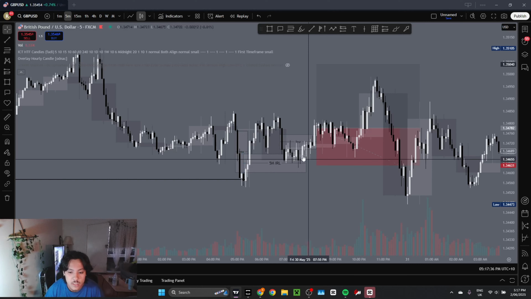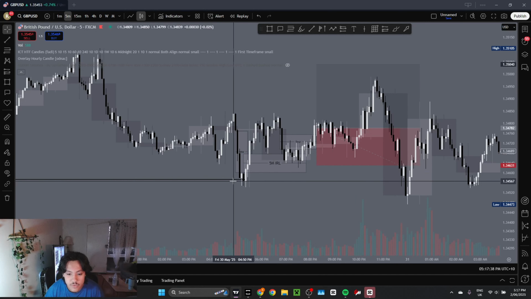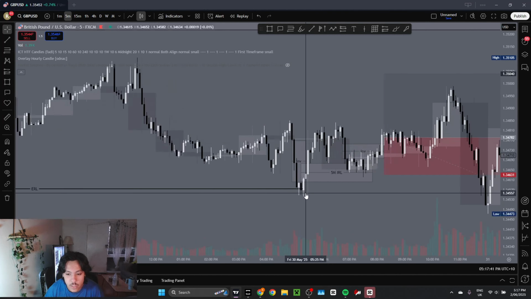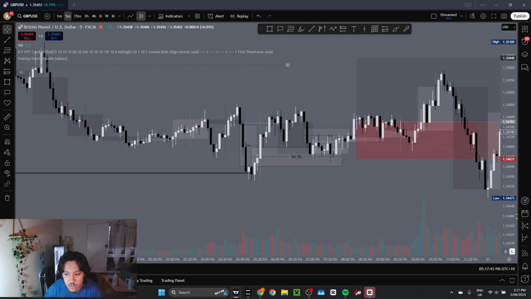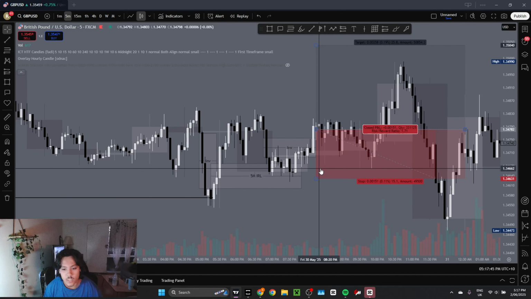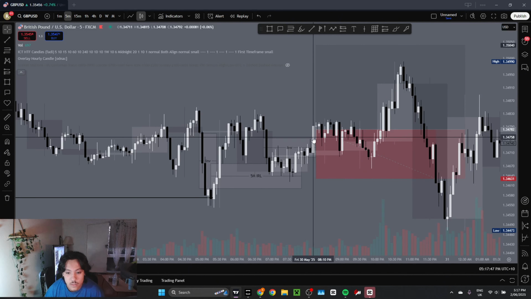We mitigated this 5 minute RL here, after this external range liquidity was taken. And we entered after inverting this 5 minute,